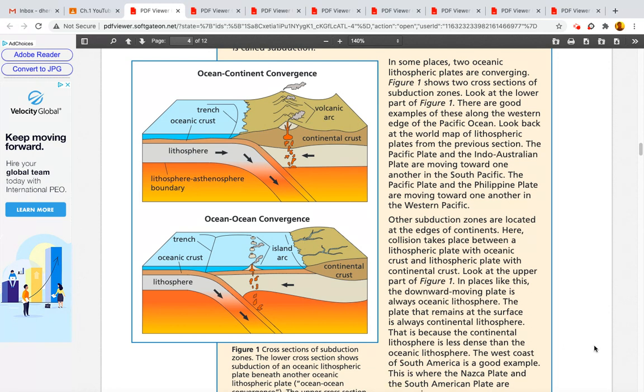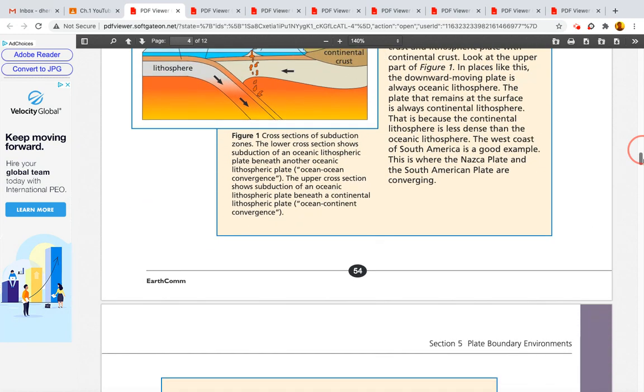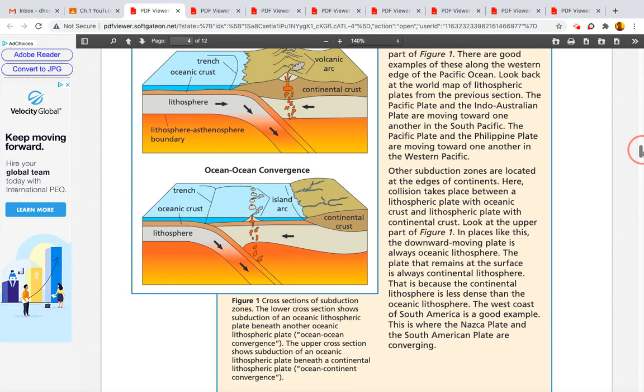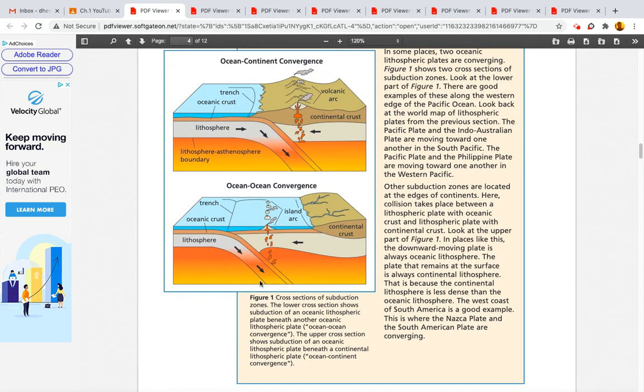This is where the Nazca Plate and the South American Plate are converging. Okay, so it's saying, let me zoom out so we can see this. Figure 1, cross-sections of subduction zones. The lower cross-section, which is this,